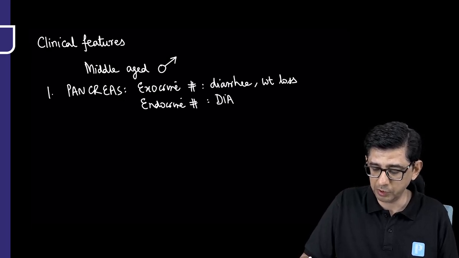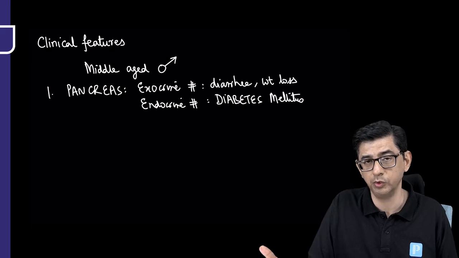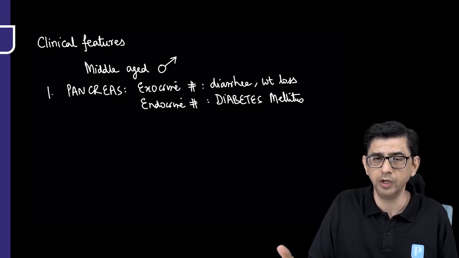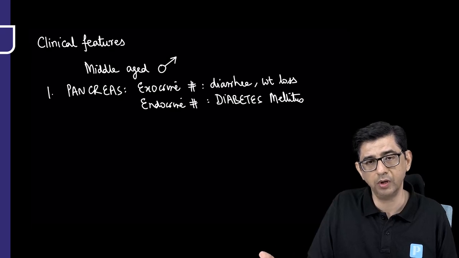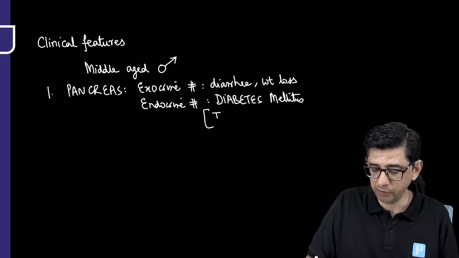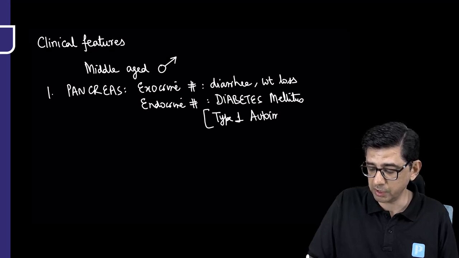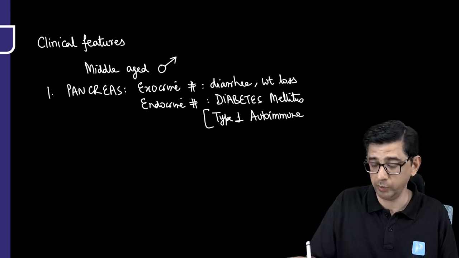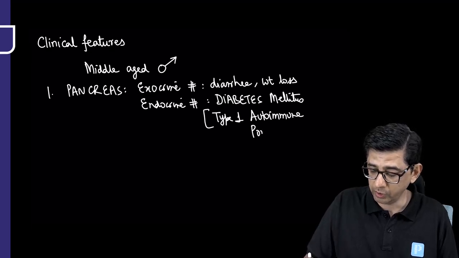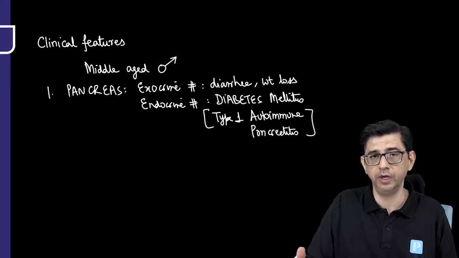So on the workup of this patient of malabsorption syndrome, I'm finding that there is going to be presence of elevated blood sugar, fasting more than 126, 2-hour values more than 200. The cutoffs for diabetes or impaired fasting glucose or impaired glucose tolerance can be present in these patients. The reason why this is happening is the lymphoplasmacytic infiltration into the pancreas, which is described as type 1 autoimmune, not type 1 diabetes. I'm writing type 1 autoimmune pancreatitis, and the damage to the pancreas will explain the subsequent damage to beta cells,